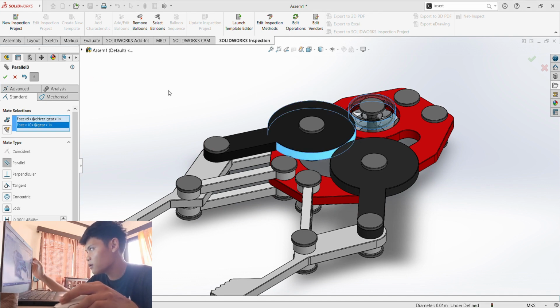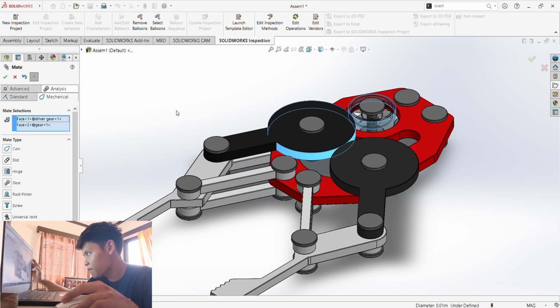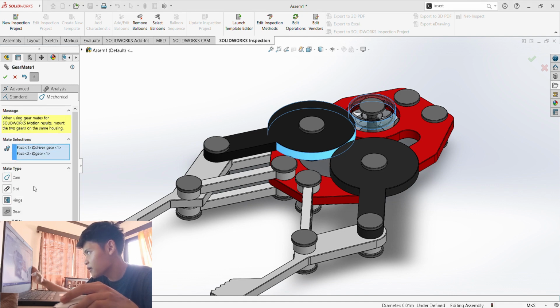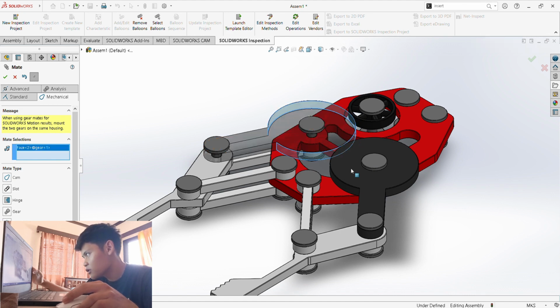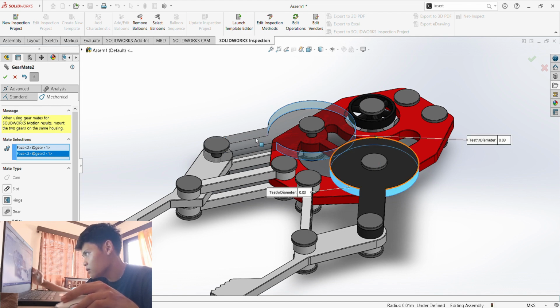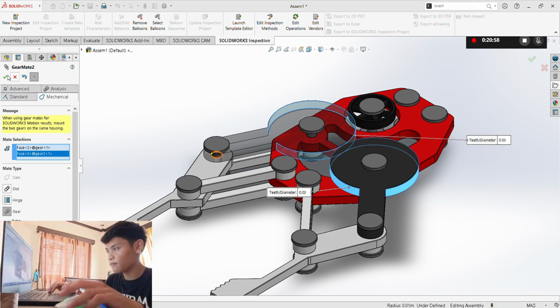So we just have to go here to the mechanical mates, then click the gear, make sure it is in reverse, then check, because the way that it would be rotating should be reversing this one right here. Then this one and this one should be gear mated, not in reverse, because they should be moving along in the same direction.